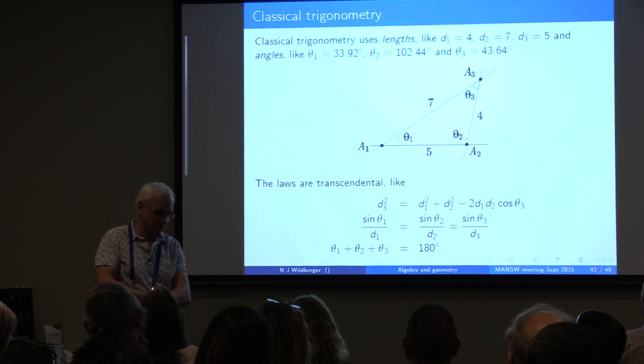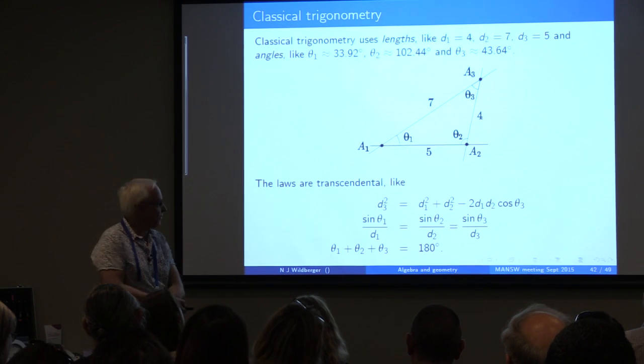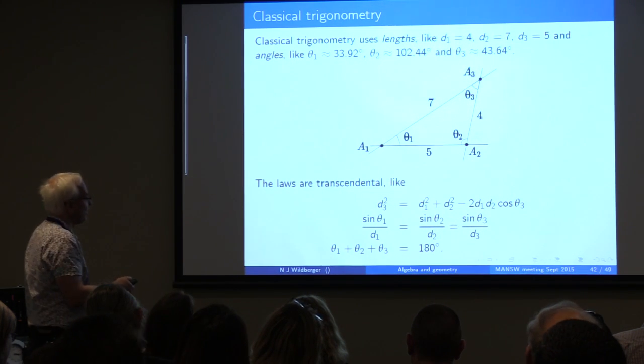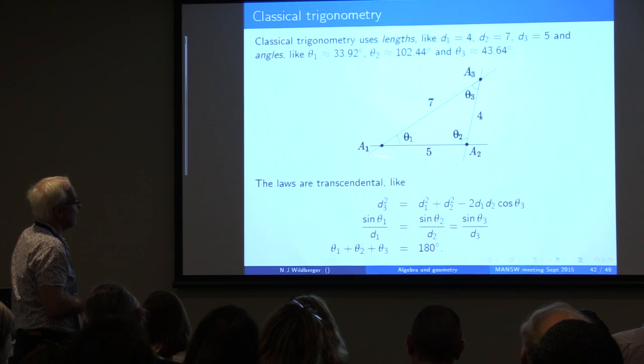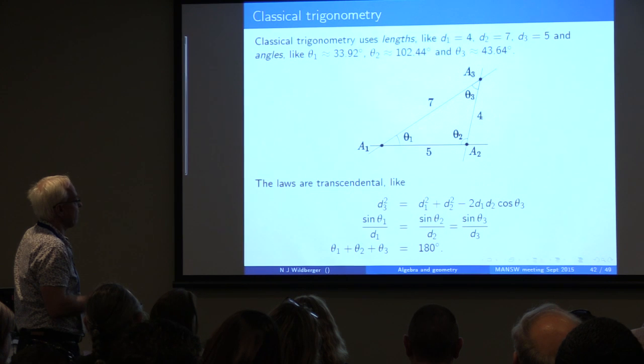And once you understand rational trigonometry, you realize that with classical trigonometry, you're really burdening students with a lot of stuff just to do relatively simple things, as it turns out. Okay, so let me try to illustrate that briefly. Here is a standard triangle. Let's say it has sides 4, 5, and 7.